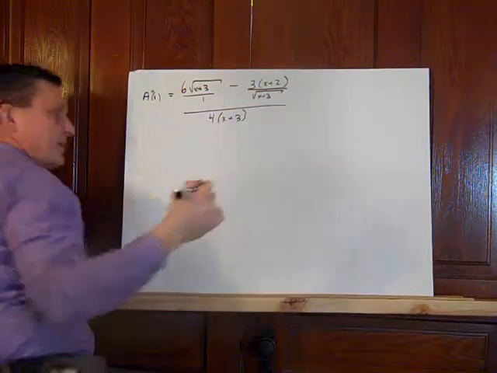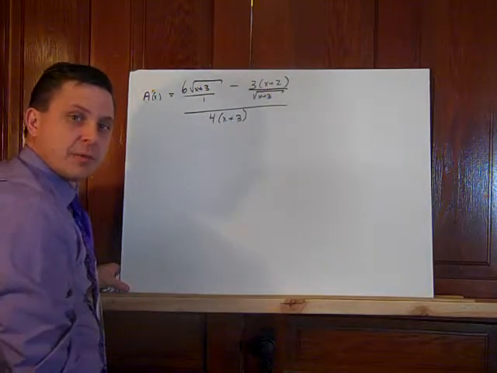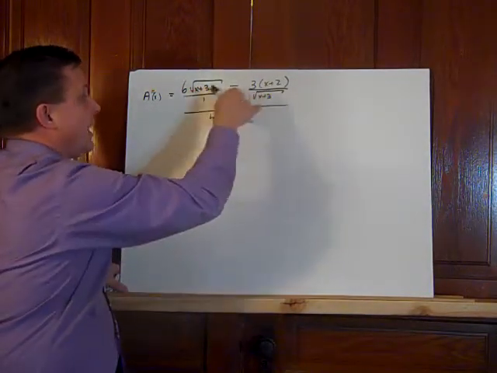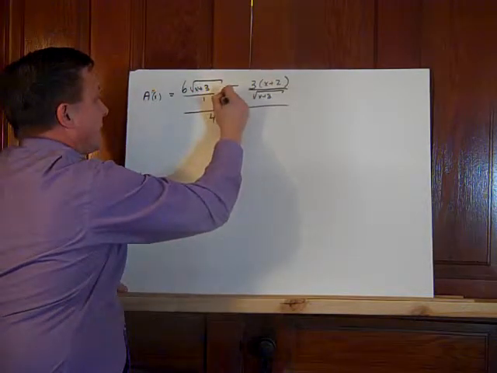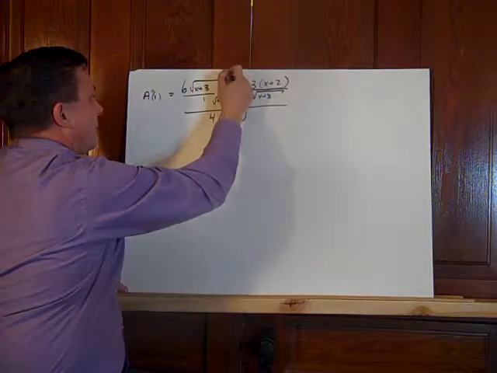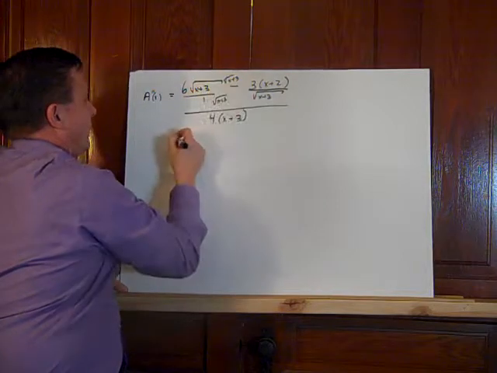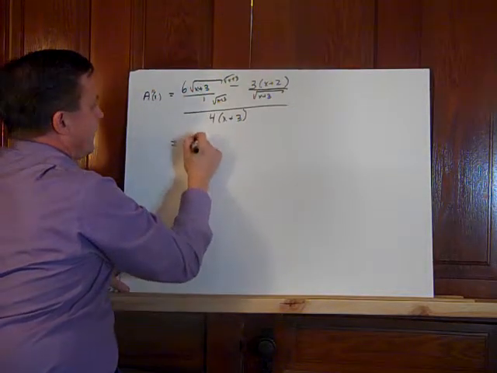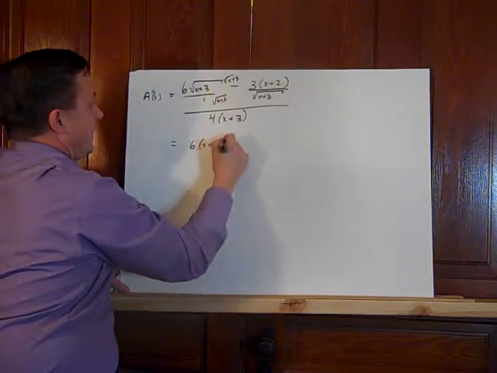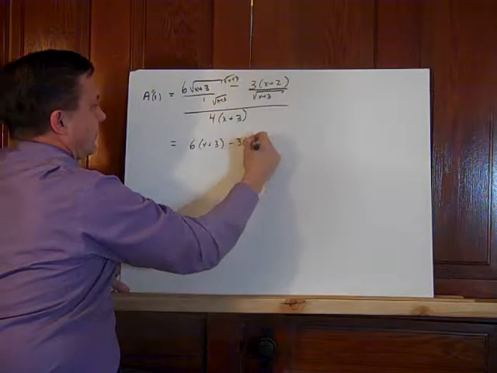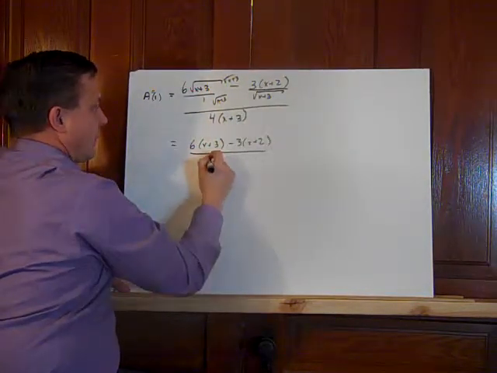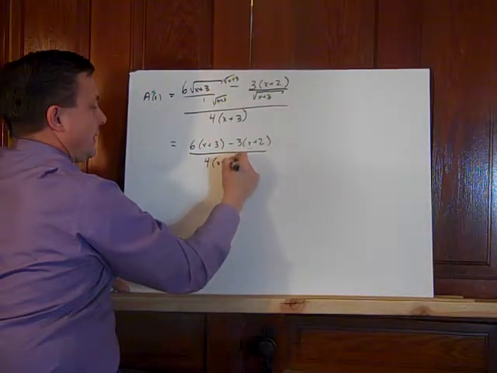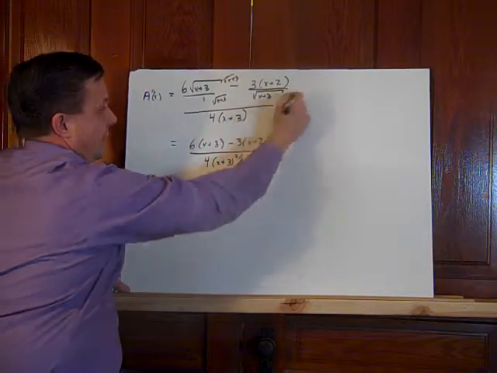Alright, I just made the x plus 3 to the negative half power of the square root. And again, you notice I'm going to need a common denominator. That's got to be our first step here. So I'm going to get 6 times x plus 3 minus 3 times x plus 2 all over, and I can bring all this up and write 4 times x plus 3 to the 3 halves, because again, I can multiply